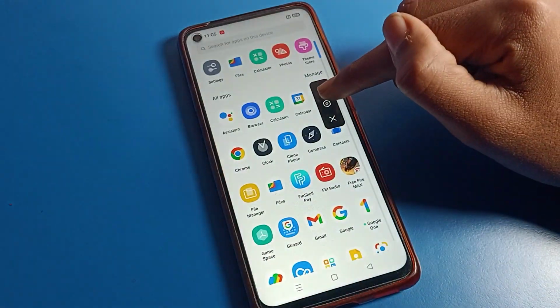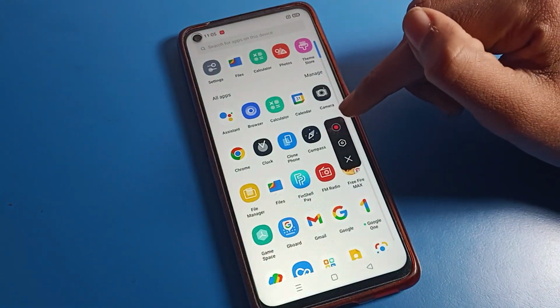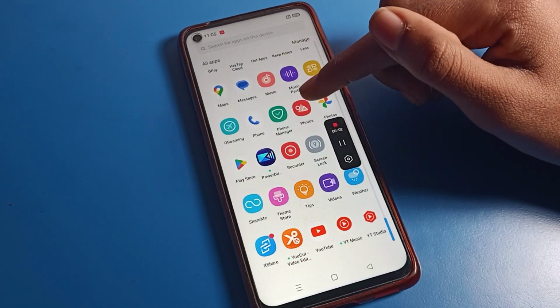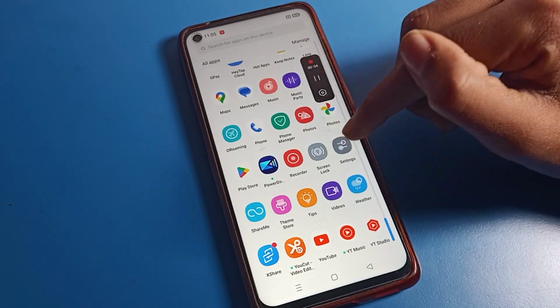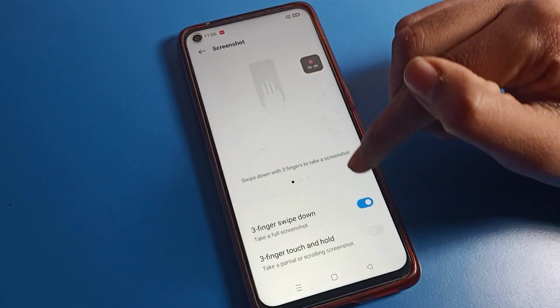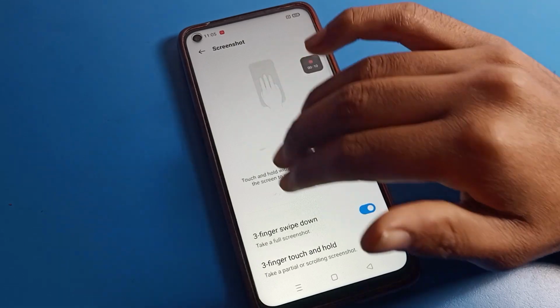Friends, now we will start screen recording. You can see this red button, and you can start screen recording. After you start, you can record your phone's video. Suppose we are going to the screenshot setting, we will tap here, turn on the screenshot, and